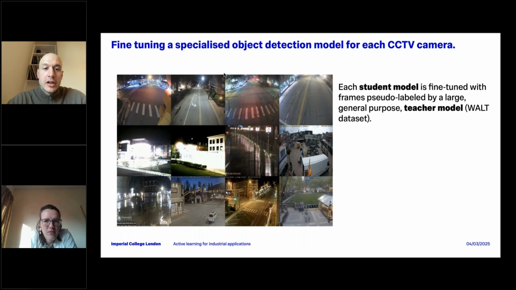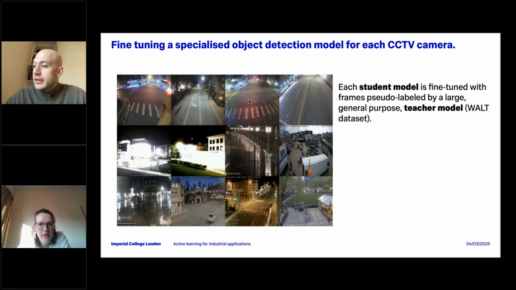It's currently under revision, and the main idea was, instead of having one specialized model for each camera, can we try to optimize the resources and have collaborative models? So in a sense, we are still training students using only one teacher, but we are using the same student for cameras which are very similar. For example, you can see here camera 1 and camera 3. It may prove advantageous to use the same model for these two cases, because they represent a very similar scene.